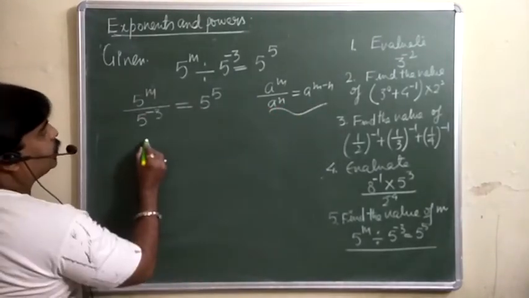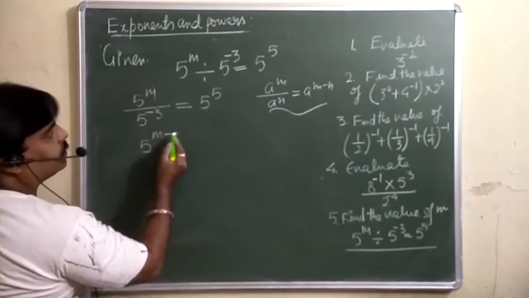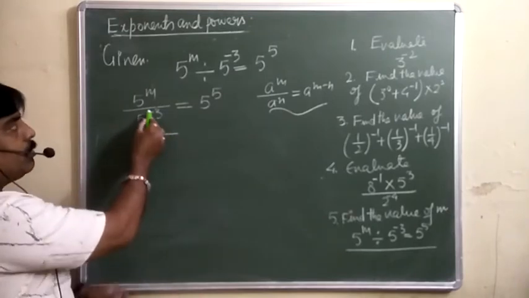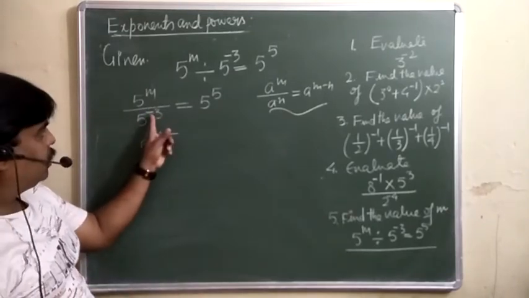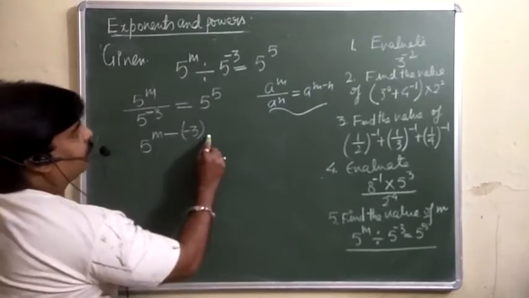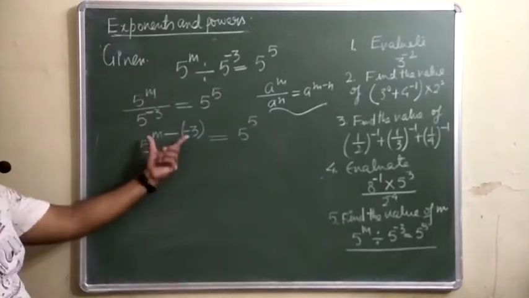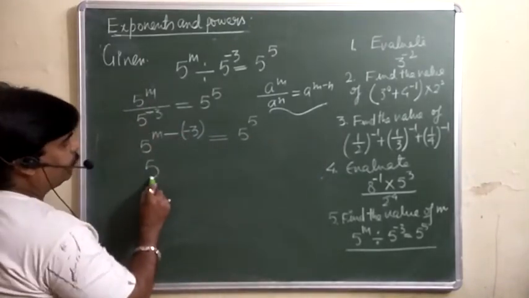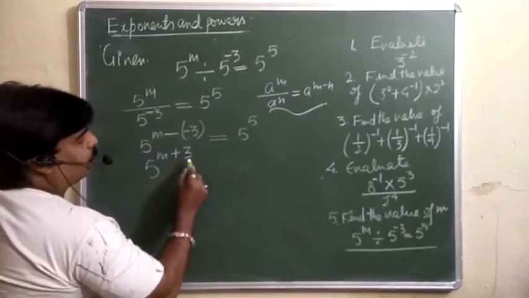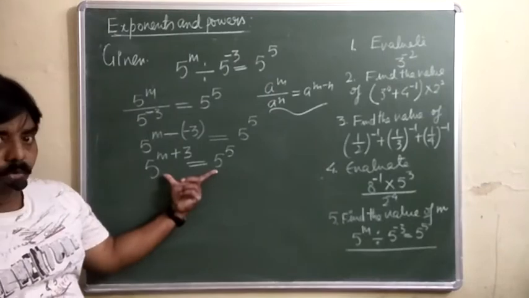So this is 5 raised to power m minus, this is the minus according to rule, but this minus sign is also given with this number. ये माइनस इस नंबर के साथ है तो वो इनसाइड द पैरेंथेसिस आएगा and this is equal to 5 raised to power 5. अब देखिए इसको हम क्या ले सकते हैं 5 raised to power m प्लस माइनस माइनस प्लस 3 is equal to 5 raised to power 5. अब नाउ these two values are equal.